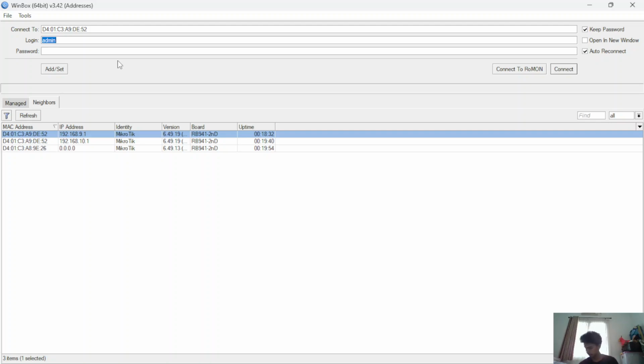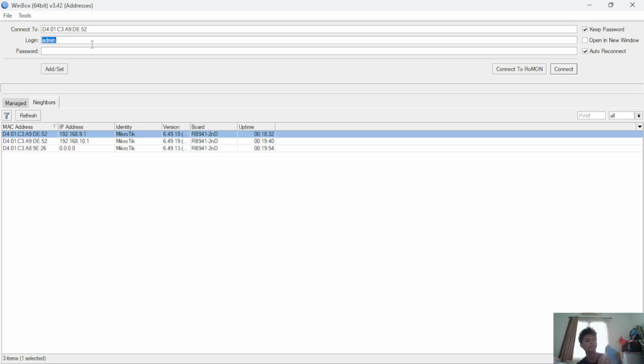Okay, and warning, I will tell you something. If you configure the router or switch, you can use Ether 2. This is Ether 1, Ether 2, Ether 3, Ether 4. Okay, this is for configuration, and this is for the client.